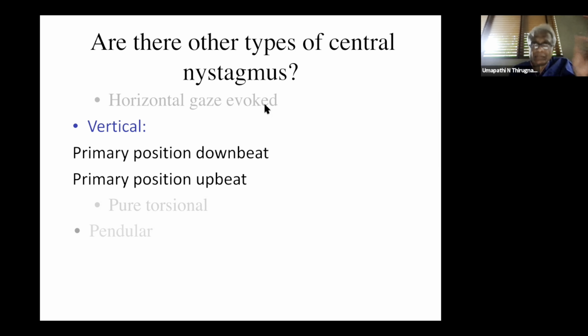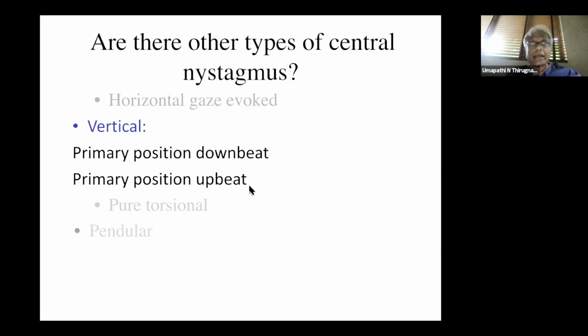Okay, 99% of the nystagmus of central nature that you will see will be this. Occasionally, you will see patients with upbeat or downbeat nystagmus. Now, the pathophysiology of upbeat and downbeat nystagmus is equally beautiful, but it's a little bit more complicated and perhaps beyond the scope of what you need to know now. Perhaps I would ask you to postpone that to a later point